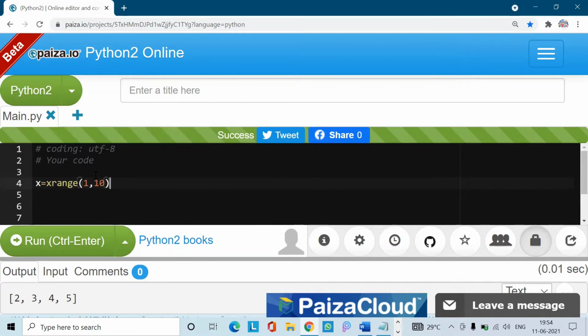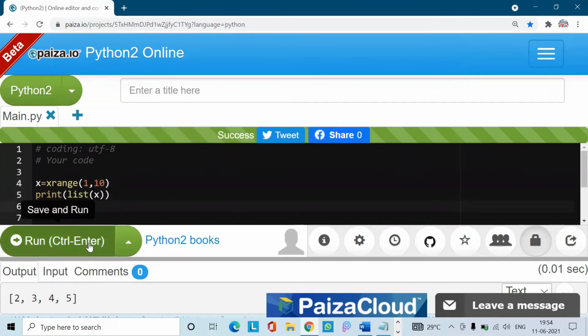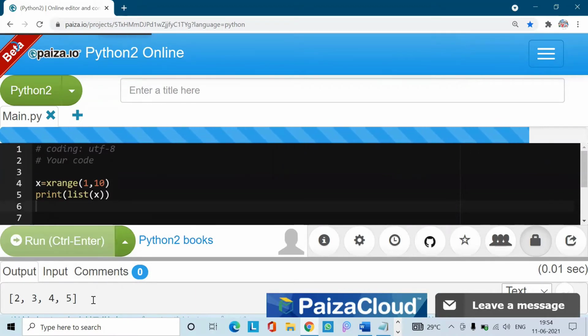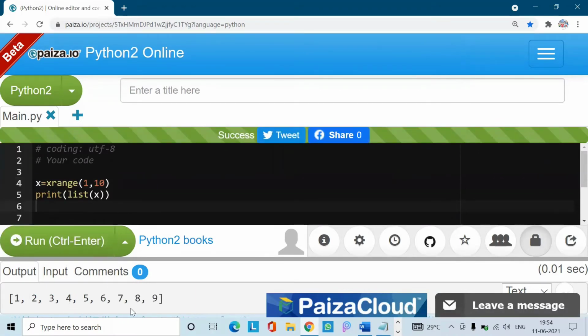It is also used to initialize a range with numbers only; it works purely on numbers. Let me print x right now and run it. It has given me the values till 9.